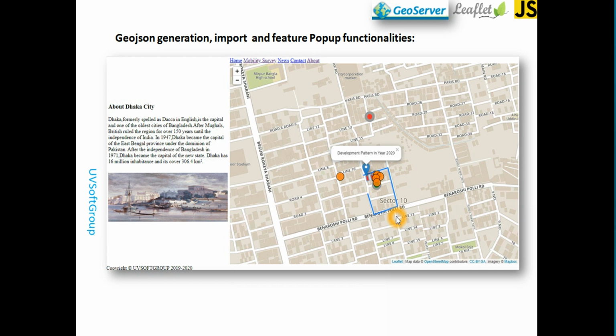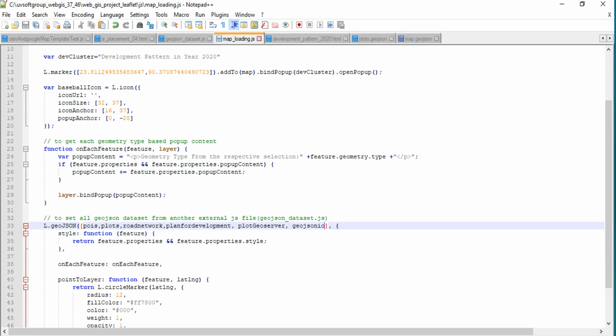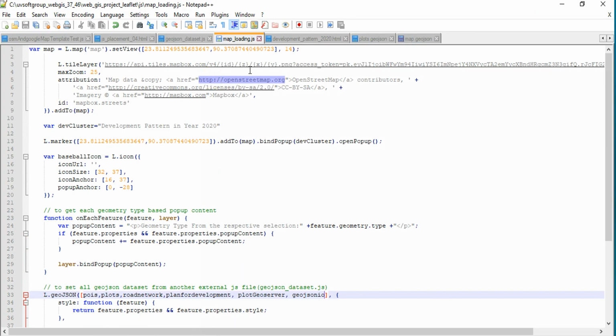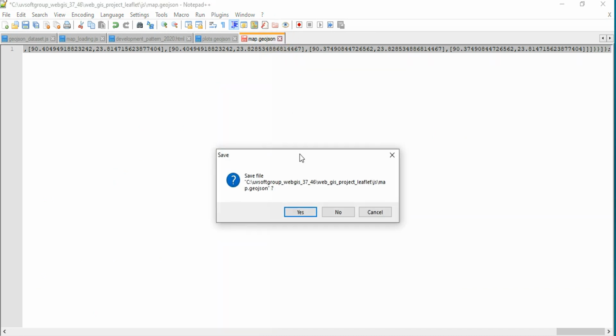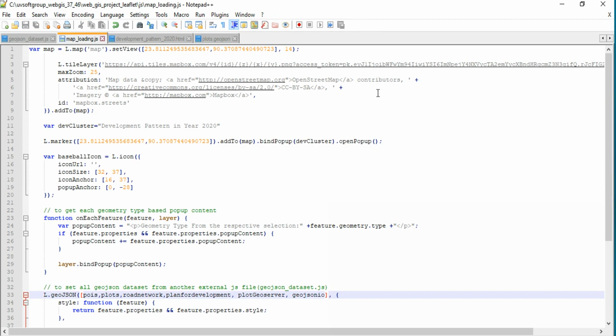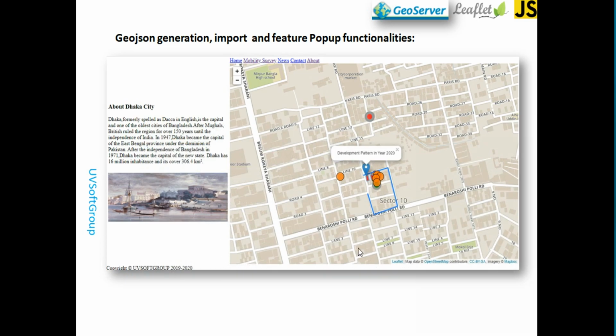That's why I'm trying to show you every functionality that I have in mind in my development. I will show you every step because I already started the development. If you see the development part, I will talk about it a little bit later. I'm giving you abstract-level information at this stage about what part I have to discuss today. You see the functionalities: you have all the geometries like point, line, and polygon, and when you click on those geometries you can see all the geometry features and how it works.